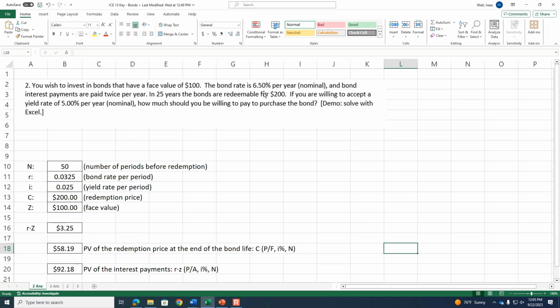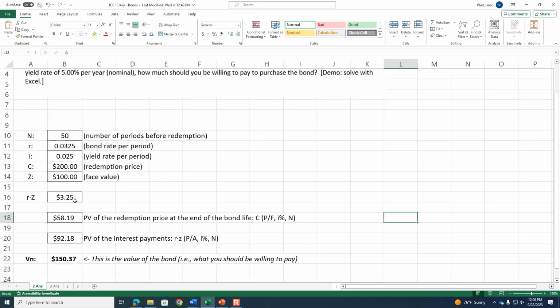And because there are 2 different rates in problems related to a bond, there's the interest rate that's being paid out by the organization that you're loaning the money to, but then there's also the yield rate. The yield rate can be different if you purchase the bond on the secondary market for something other than the original issue price of the bond. So you can get a different yield that varies from the bond rate or the coupon rate. Here we had a defined yield that we were trying to achieve of 5%. So if you wanted to achieve a 5% yield per year, what we did was add together the